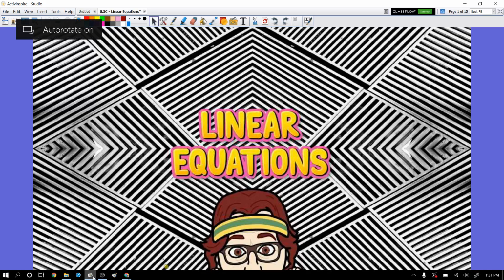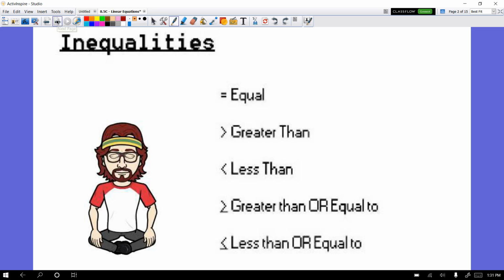8.5c linear equations. It sounds crazy, but it's not. So just to review these things, because linear inequalities are going to be included in that too, it's really important to know how to say the signs out loud. I know it could be annoying me going over this constantly, but it's a must, and you have to be